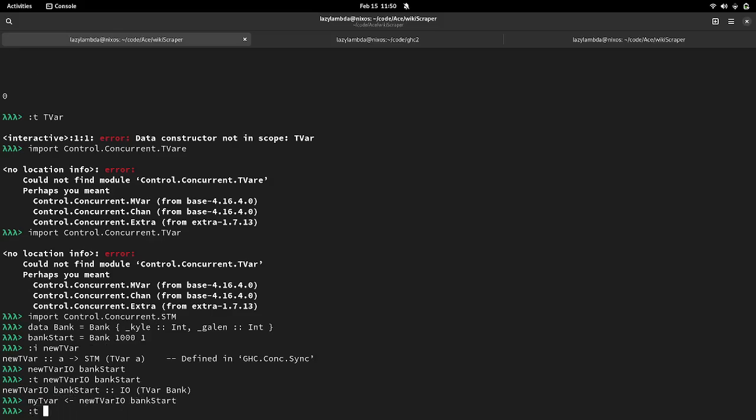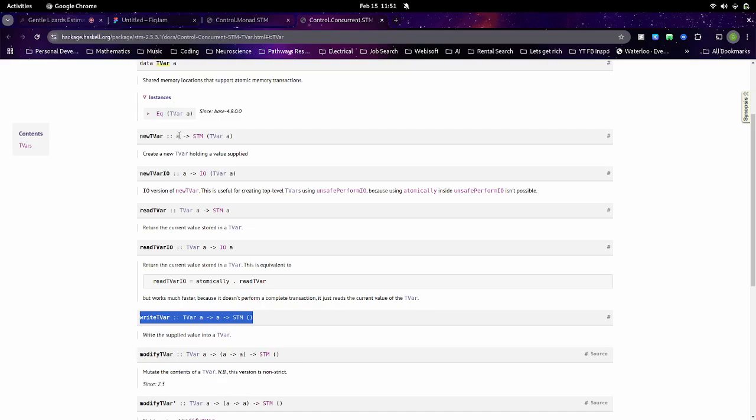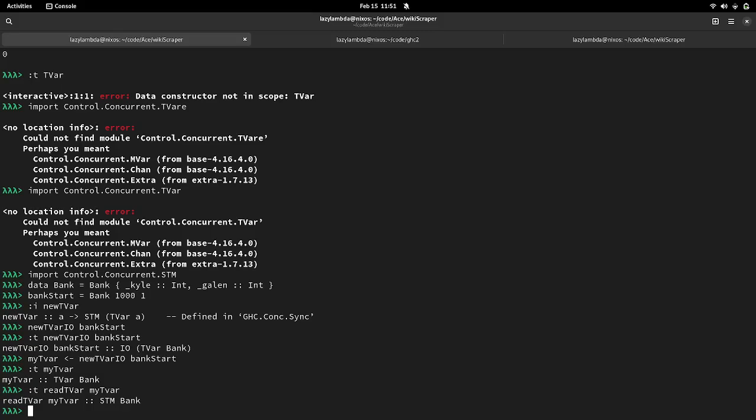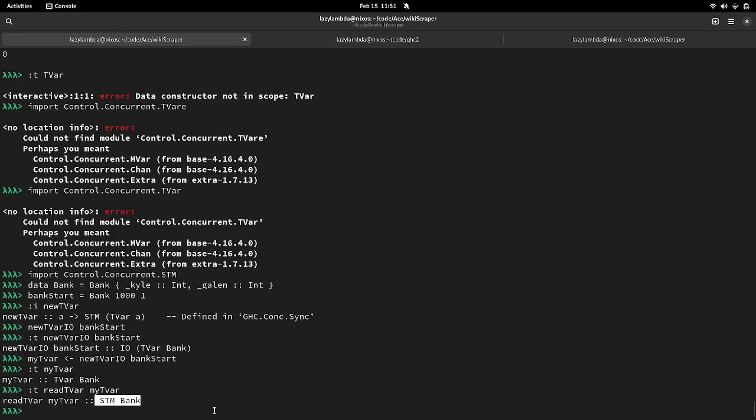And so now we can see that the type of my tvar is a TVar Bank, meaning that this will fit into TVar a, and if we apply readTVar, we see that this is an STM monad action that gives us a Bank value.